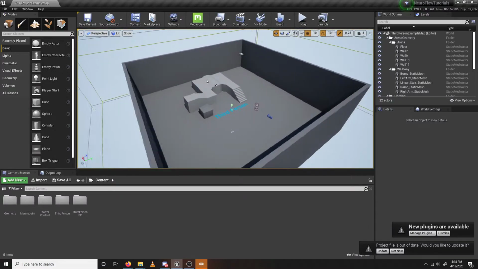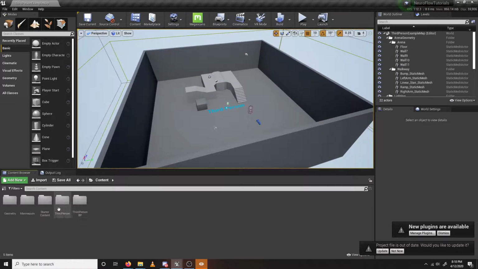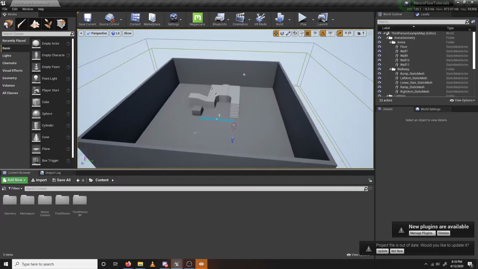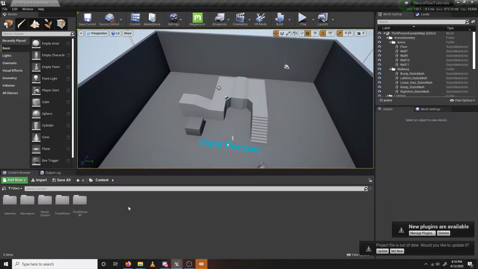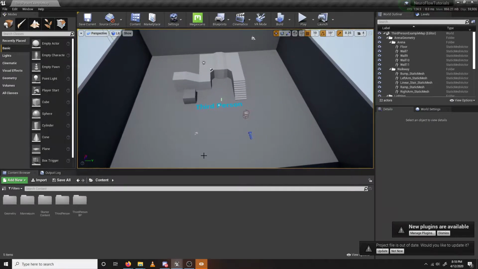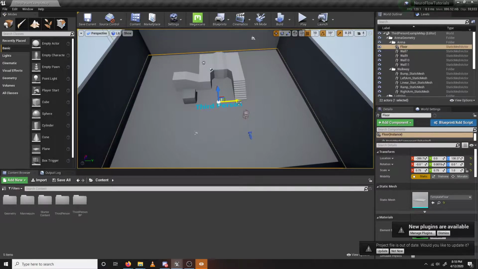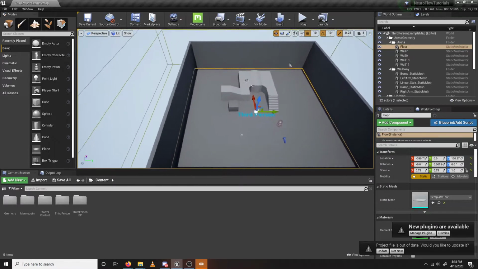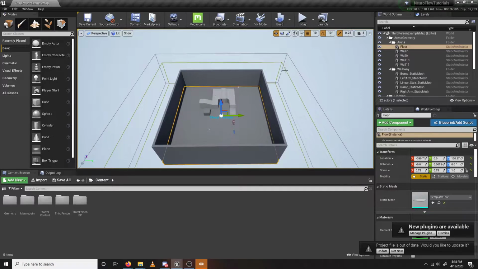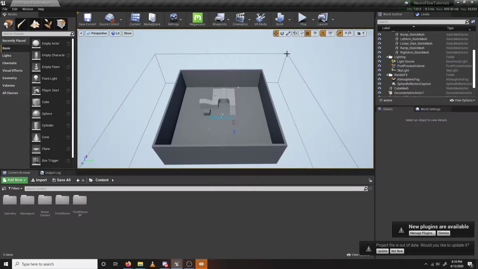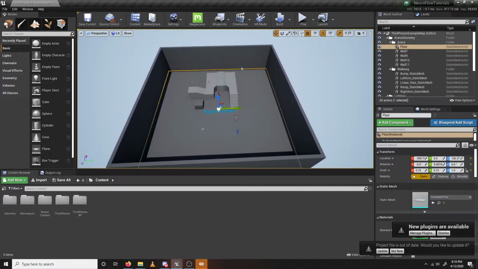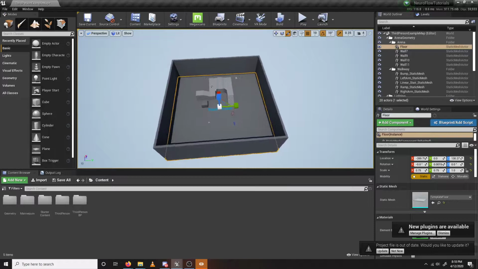So here I have a very basic third-person perspective template provided by Unreal Engine. I did include the starter content, but we're not going to be using any of that right now, so you can leave that out if you wanted to. So let's first set up the environment for our pawns to run around in. So here we have some collision, lightmass importance. This isn't really too important to us. Currently, post-processing, we're not going to need any of that, so we can just remove it. For the bottom,